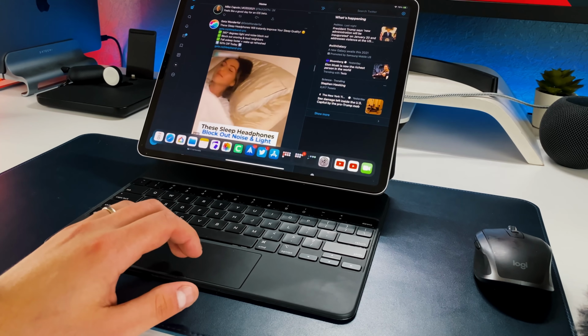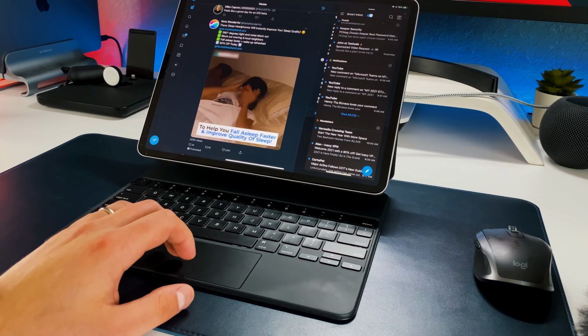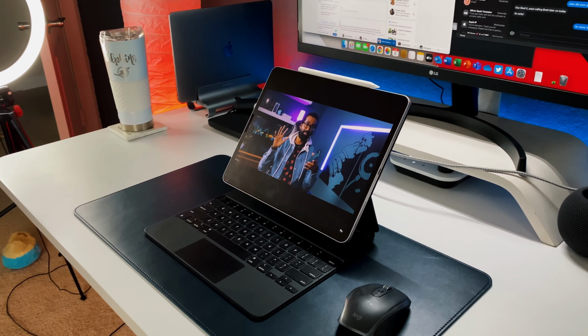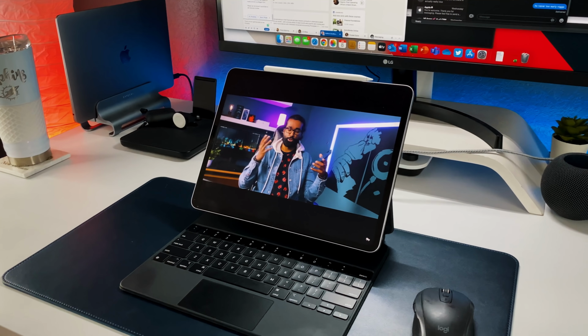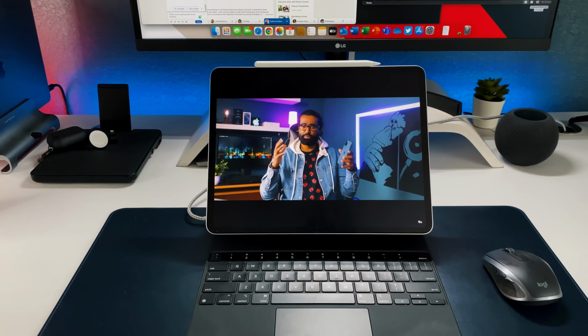It works amazingly. The gestures work great, and then even as a point-and-click mouse solution, I'm surprised that I'm not complaining more about the size. I don't know if I got used to the size or maybe if I'm not yearning for more, but there was never an instance where I was like, I wish the trackpad was bigger. I just haven't had that instance, and I don't know why. Maybe it's the software inertia that the mouse has inside of the operating system. But overall, the trackpad from a software standpoint is amazing, and also from a hardware standpoint, because it's not a classic